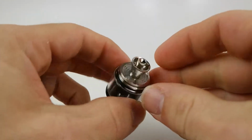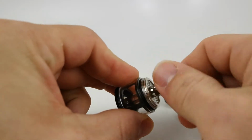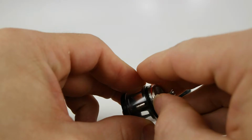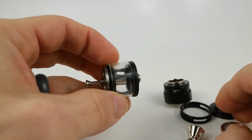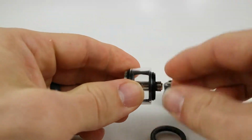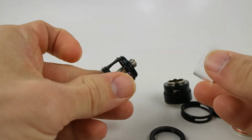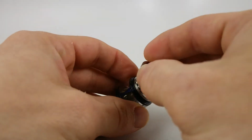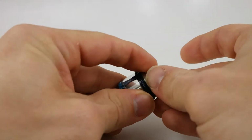To remove the coil, all that you need to do is remove the compression nut and then pry the coil up with your fingers. To remove the glass, just unscrew the compression ring on the bottom and slide the glass off. To fill your tank, you'll need to press your coil onto the top of it,